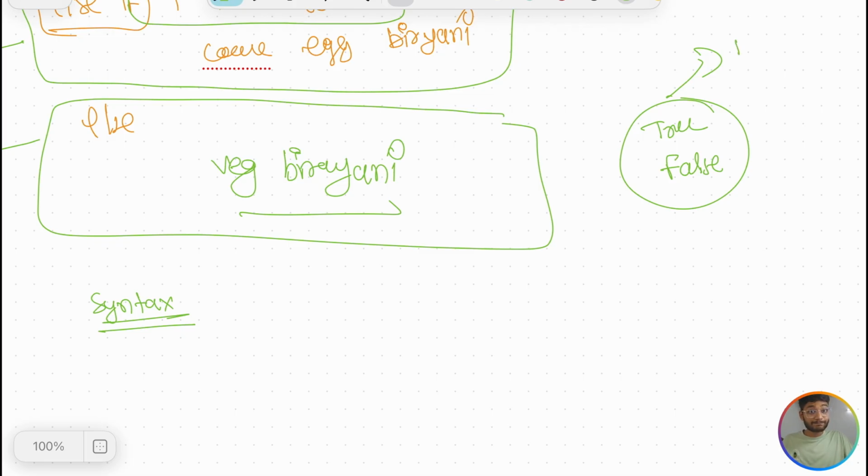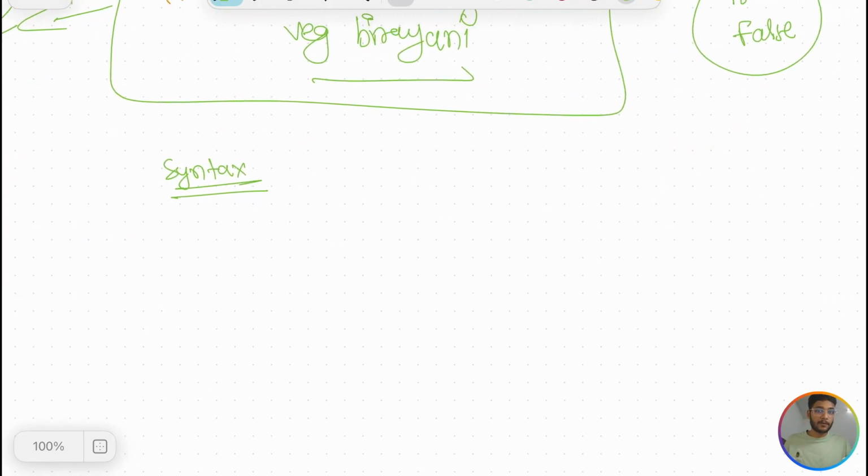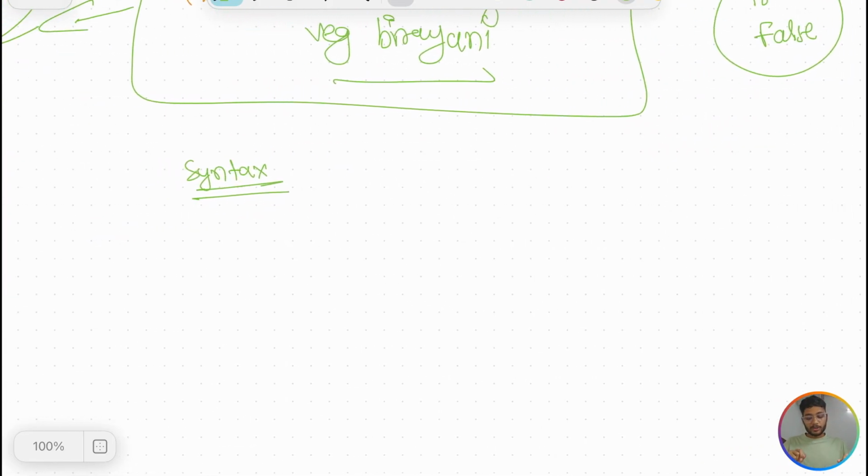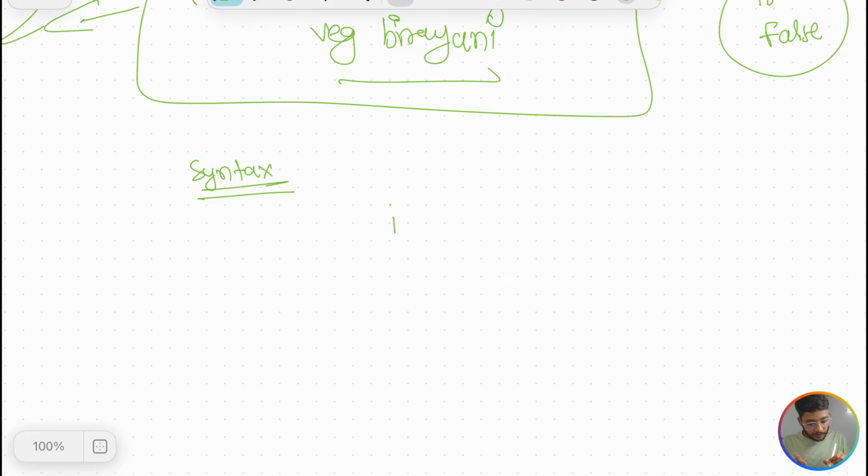Boolean. So same like here, for the first condition you will write something like, if this is going to happen, condition, run these lines.